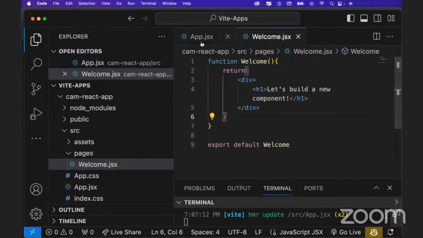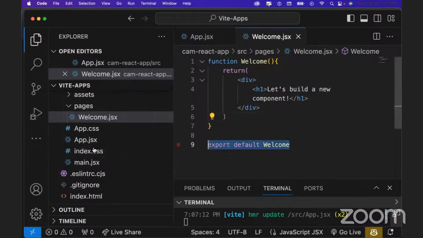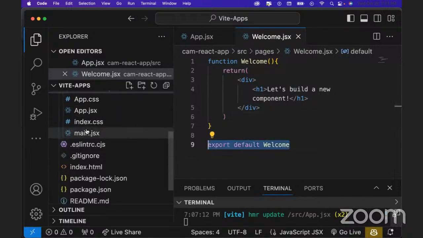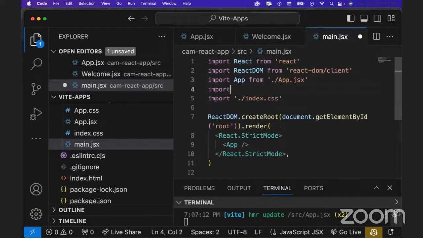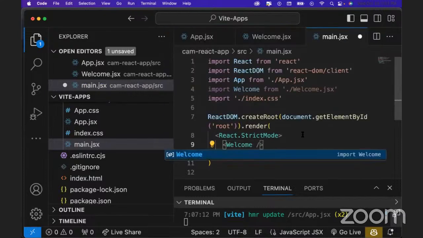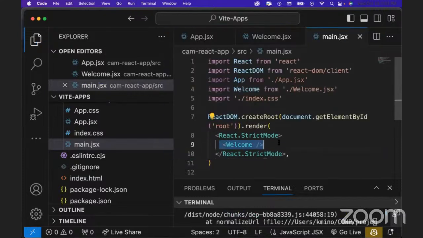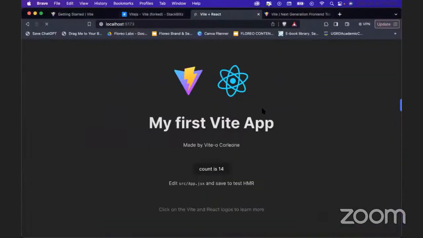With this particular component, I could, because I'm exporting this new component, go to my main.jsx, where I'm rendering the app right now. One thing I could do is say, import welcome from welcome.jsx. And if I wanted to render this instead of the app, let's switch this. So now I'm rendering the welcome component. And then when I come back to here, I should see a reload